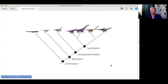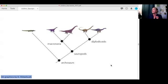And when we consider our long-necked dinosaurs that are very derived, we say, wow, look at all these long-necked dinosaurs, we can divide them into what we call diplodocoids and macronaria. The macronaria have shorter butts and tails, and they have taller, weirder heads, and they have dumb, flat, leaf-shaped teeth. The diplodocoids have long tails and long necks and dopey buck-toothed faces with little pokey teeth in the front,